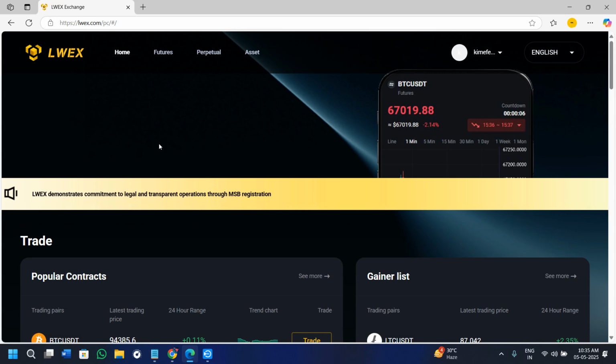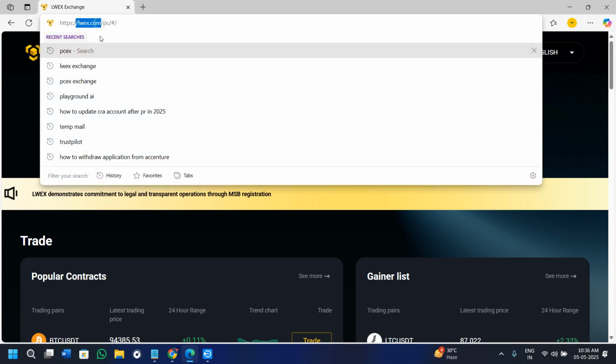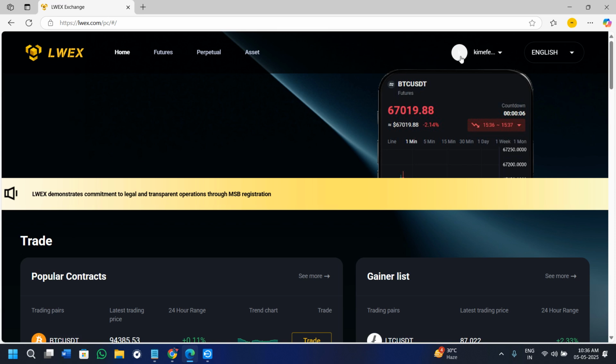In today's video, I'm going to show you how to link your crypto wallet. It can be MetaMask or Trust Wallet to your lwex.com account. For that, first of all, you need to come on lwex.com and then you need to simply log in into